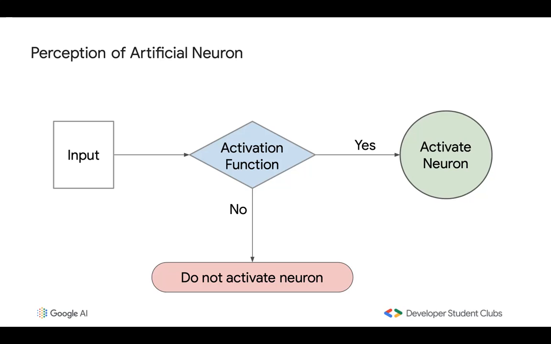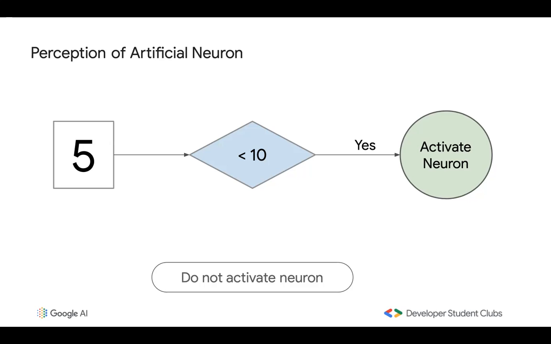So we're going to take a look at a couple examples of artificial neurons and how they work, individually. In this one here, the number 5 is input into the neuron, and the neuron's activation function has learned to check if the number is less than 10. If the input passes this test and the neuron is activated, so 5 is less than 10, the neuron does get activated. This is one of the simplest forms of neural network, and it's effectively the same as linear regression or fitting a line to the data, where it's a very simple parameter that you need to pass.